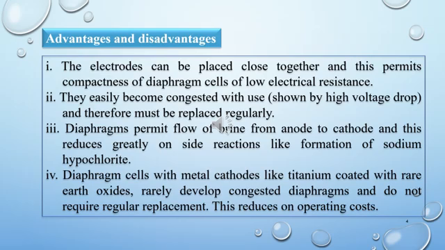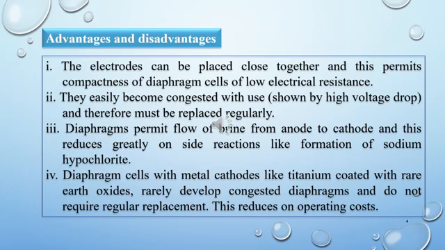As we discussed in the introduction of the chloralkali process, if we do not remove chlorine, then it will react with our product and will form sodium oxychloride or sodium hypochlorite. So if you use a diaphragm cell, that side reaction will not occur, and this is the main advantage of the